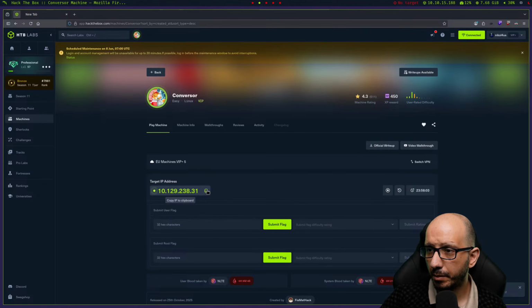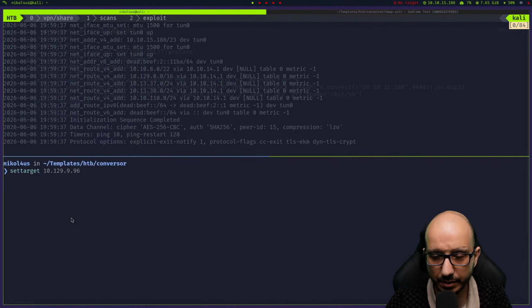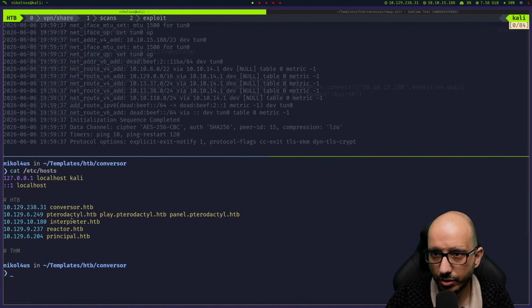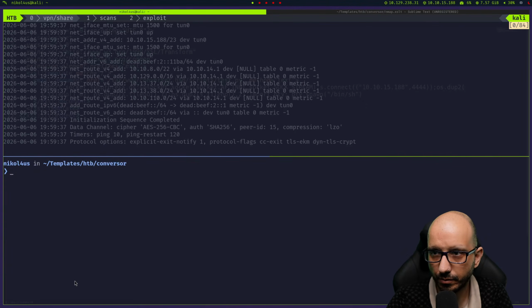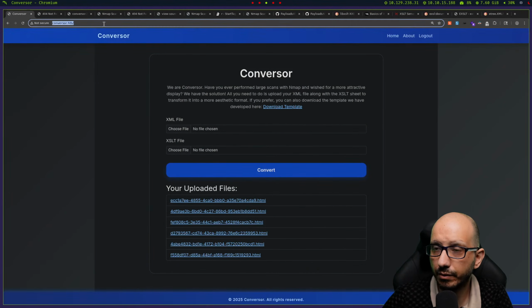So we get our IP address. As always, let's set the target, and of course we update the /etc/hosts to include the new IP address. Let's verify that it's in the hosts file. It's cool. So now that we have the IP there, if we refresh the page,